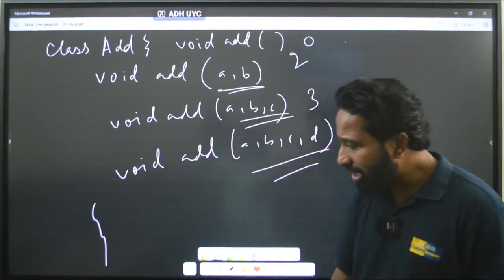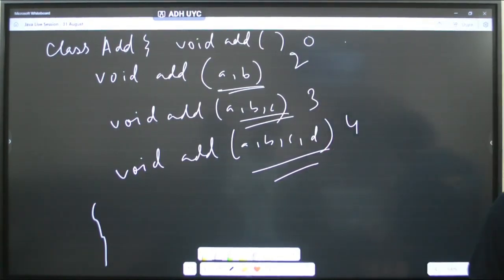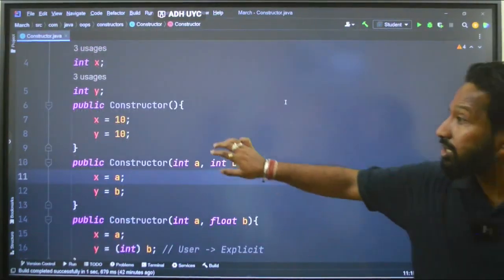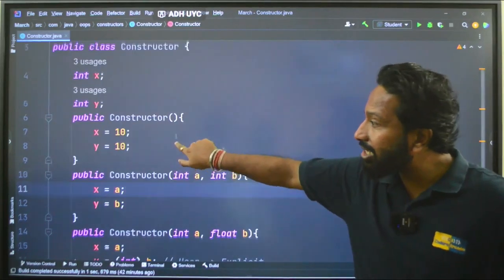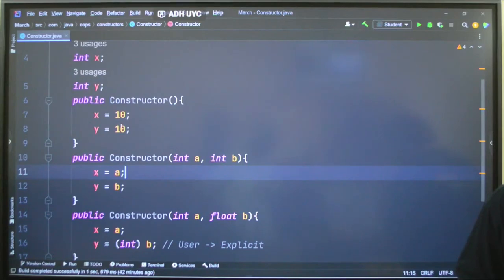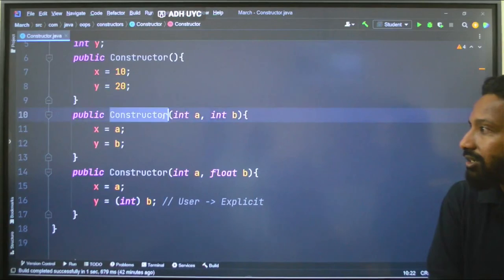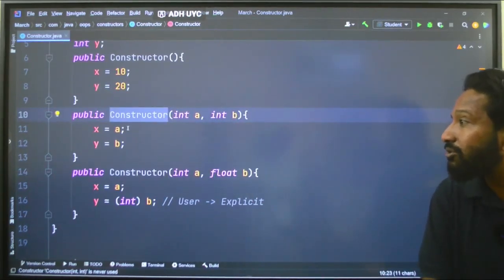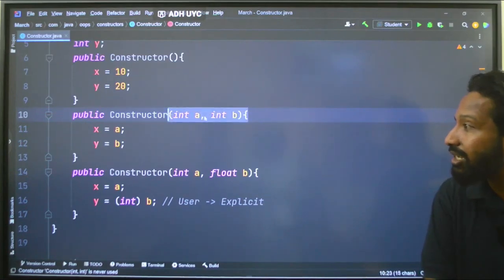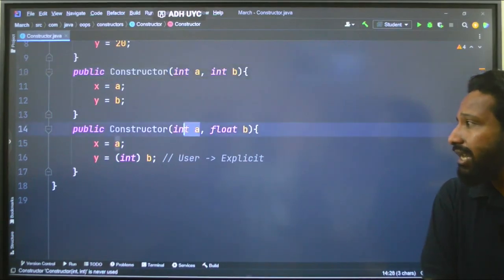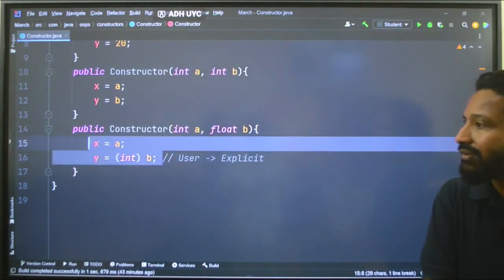Okay. Now, let us get back to our work and try to finish off that code that we have written. I have this constructor where it is initializing the variables to 10 and 10. Let us not take 10 in both of them, let me take 20. After that, there is one more constructor. It changes our values to some value given by the user, int a comma int b. And the third one takes int a and float b, then it stores them into the variables x and y.